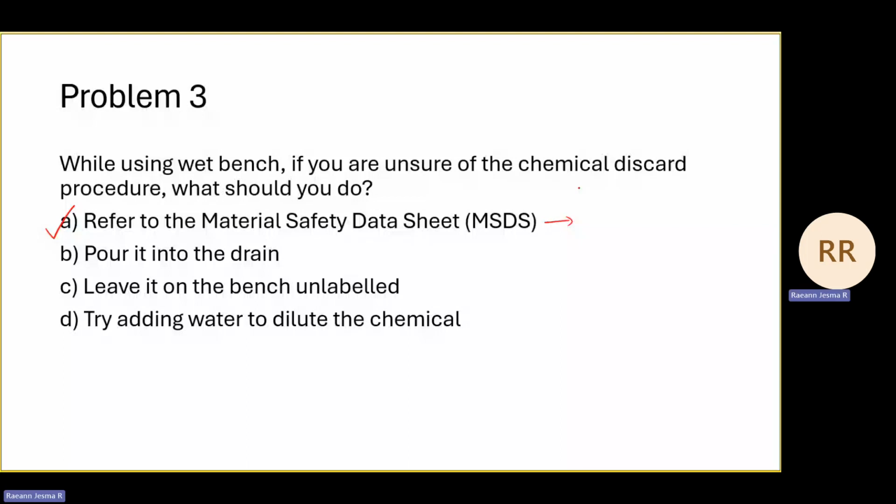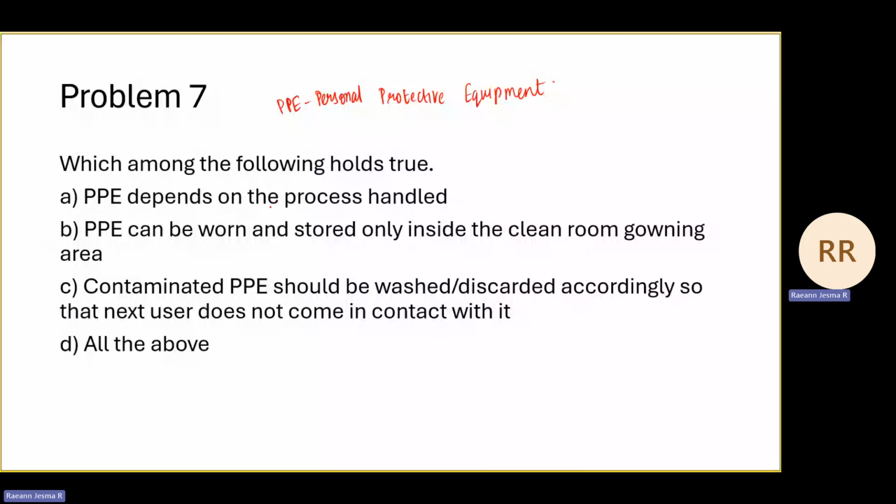Okay. First, let us look at the options one by one. First is PPE depends on the process handled. This is correct because there are various processes that we do in the clean room. If you are doing a process which involves chemicals, then you should ensure that you are wearing the additional gloves that are required. So if you are doing any process with a wet bench, meaning a wet process,